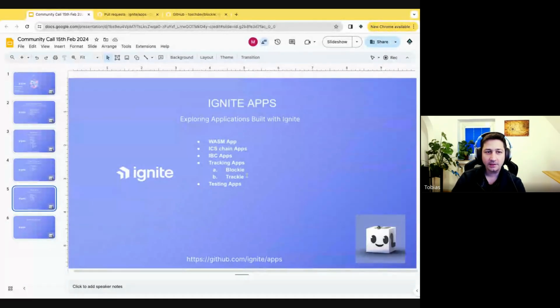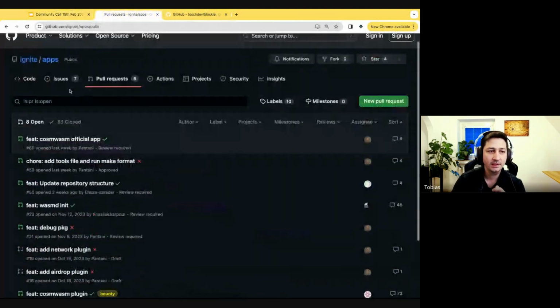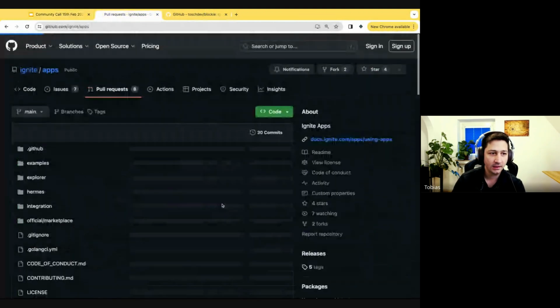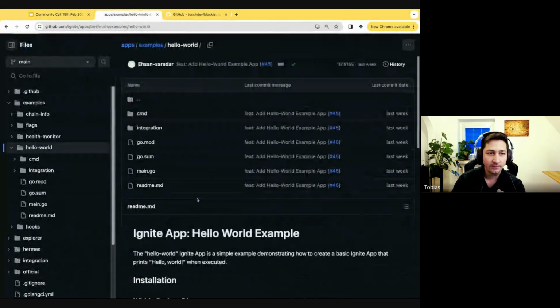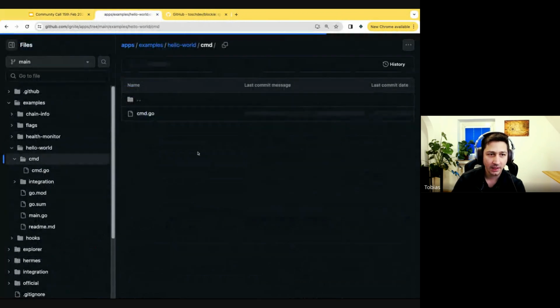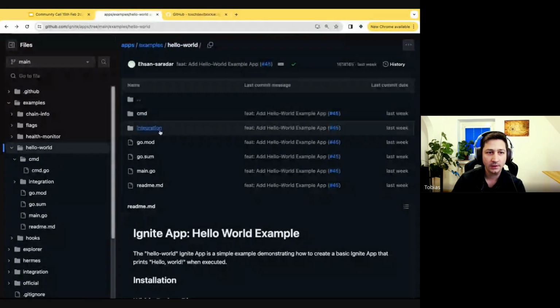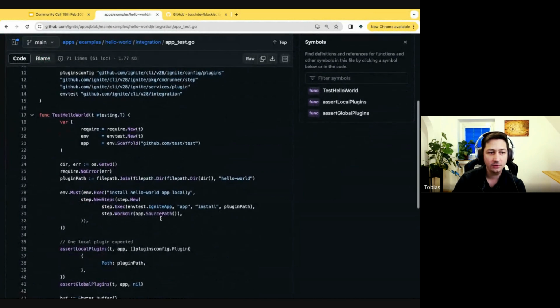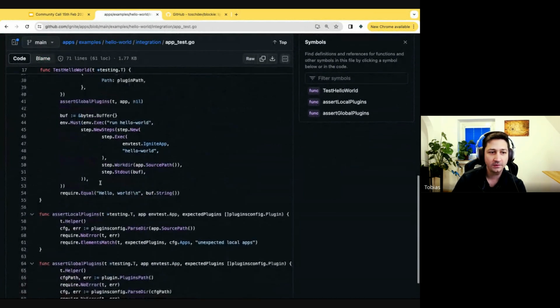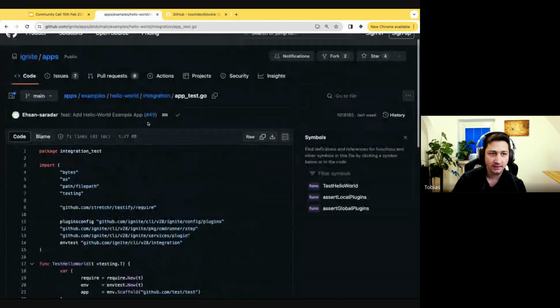All right, another important piece of information I wanted to give you about apps is that Ethan has taken a lot of time when developing those examples, and you should not only read through the commands and what he did, but also through the integration, because he's helped in every app. He's built integration apps for you to make sure that your apps work the way they're expected.